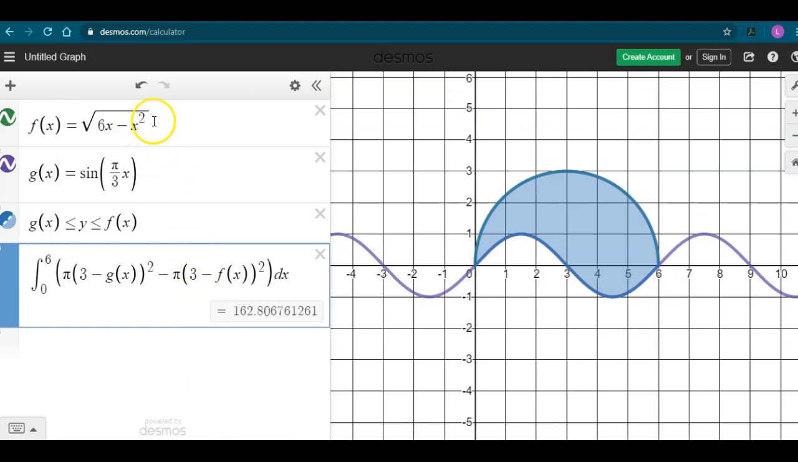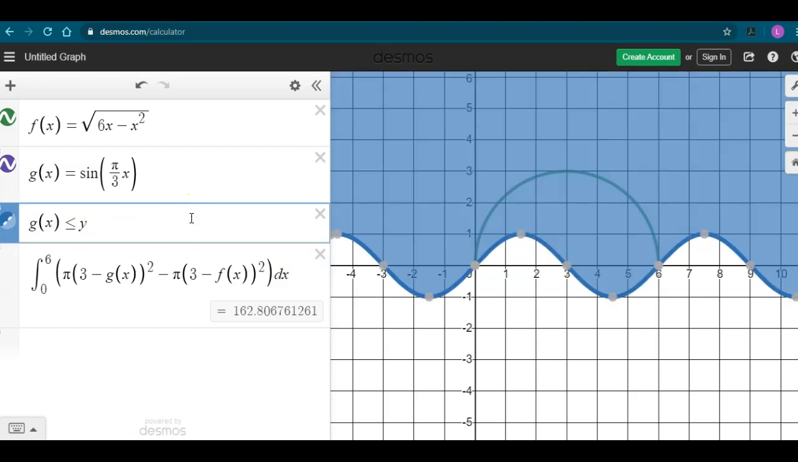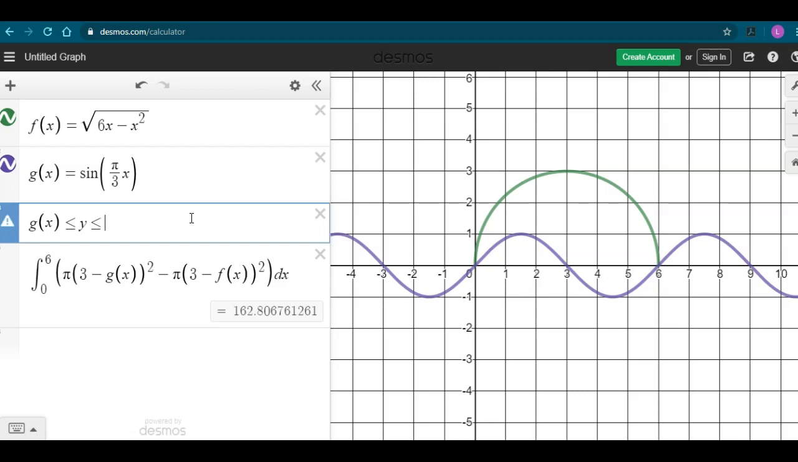All right, so I've gone ahead and put in that f function, which is that square root function, the g, which is the sine, and then if you want to shade it, you can do something like this, g less than or equal to y less than or equal to f of x. To get the less than or equal, you can just type in less and then the equal sign and it'll change it. So that's only if you want to shade it in, you don't have to. And then here's my integral, 0 to 6 pi times that 3 minus g of x squared minus pi times that 3 minus f of x, again quantity squared, and then my dx. So we get about